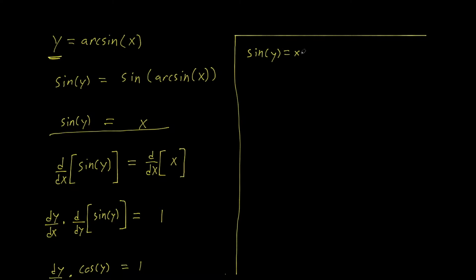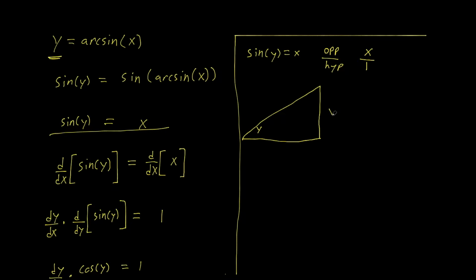So sine of y, sine in general stands for something with triangles. It stands for opposite over hypotenuse. So since we have opposite over hypotenuse equals x, we can say, well, let's say the opposite side is equal to x, the hypotenuse is equal to 1. Go ahead and draw a triangle. So we have sine of angle y,